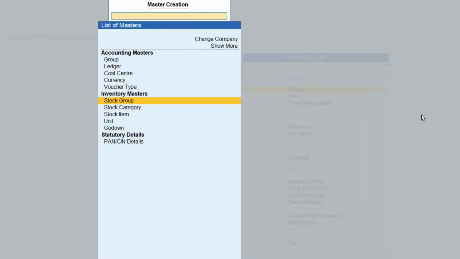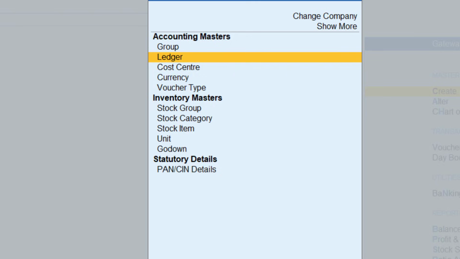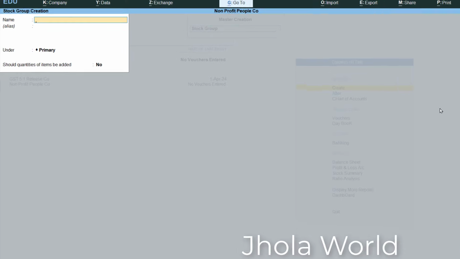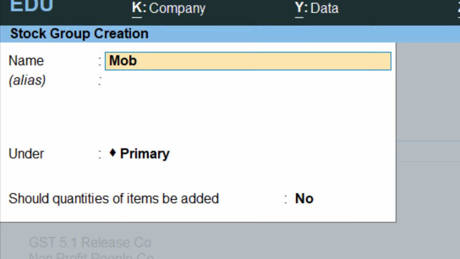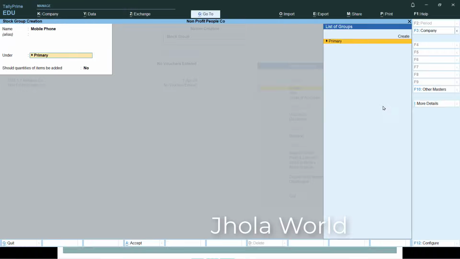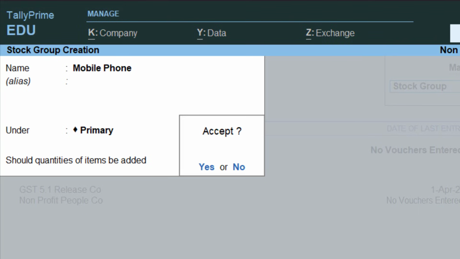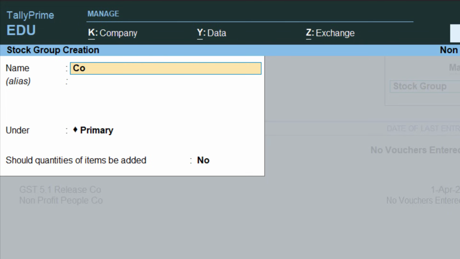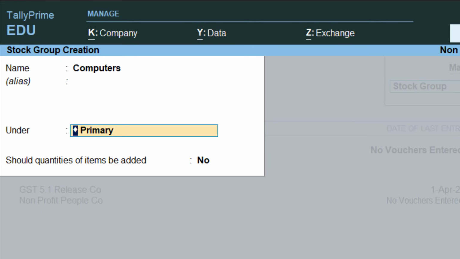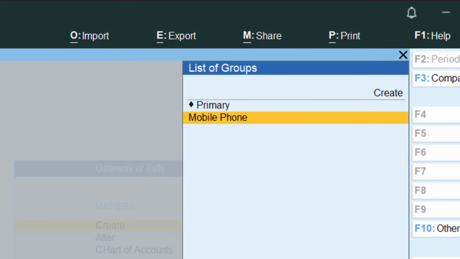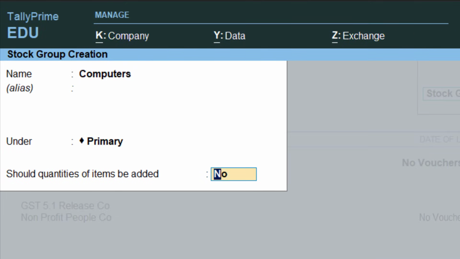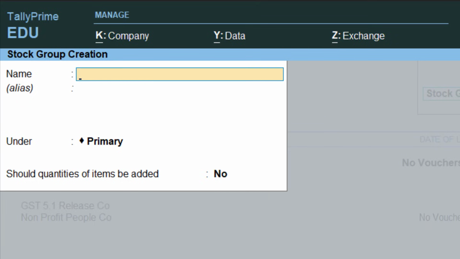Let me show you. Go to create, then go to stock group, then create. First is mobile phone, primary, let it be yes, and save it. If more information is shown below, just ignore it for the time being. Then next is computers, again under primary. You see, I have already created mobile phone, so it is already coming. If I put computers under mobile phone, then computers will become a subgroup of mobile phone. So no, it is primary, and make it yes. Then we'll make computer accessories,